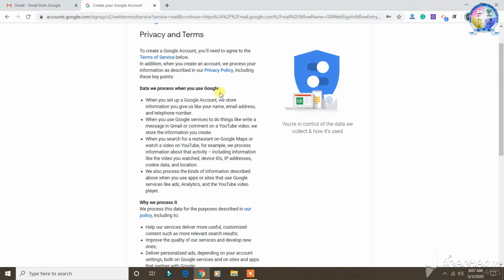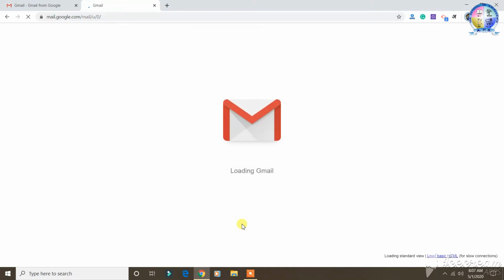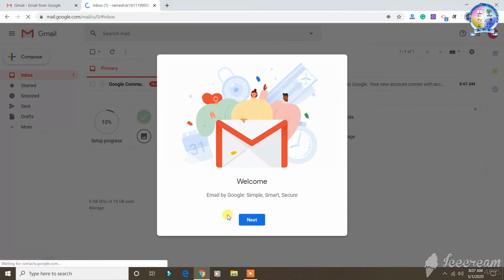You need to read all this information and finally click on I agree. Finally, you will see the welcome email by Google, simple, smart, secure. So your email ID has been created.